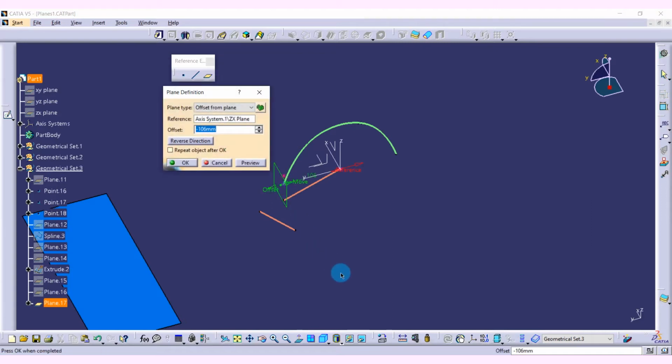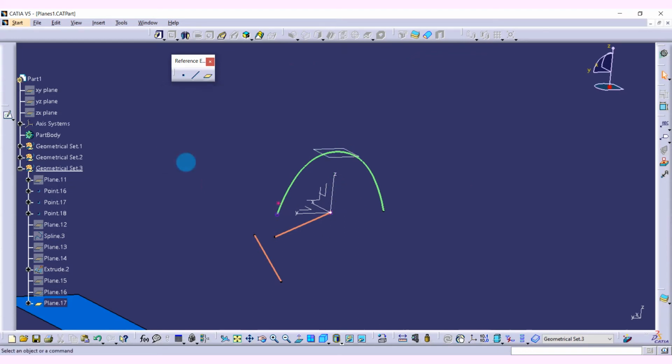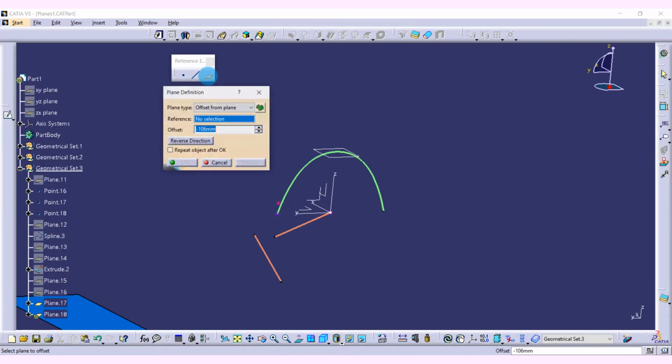If you want to modify the reference plane, we can modify it at any time. We can change the plane to y-axis, and the result will change. This is about plane by offset from plane. And the next one,